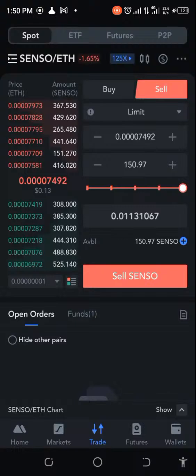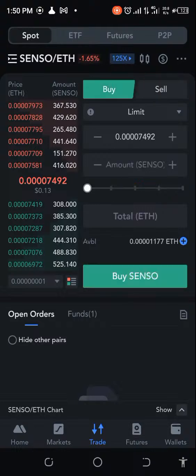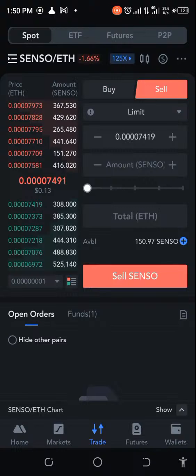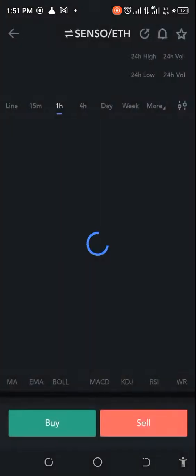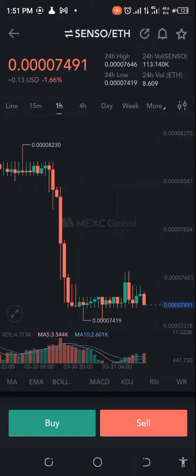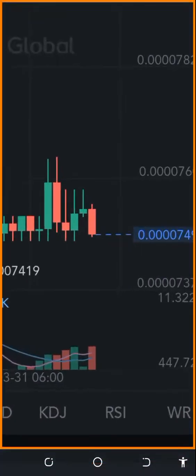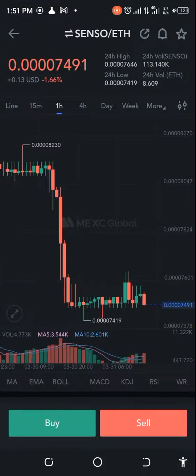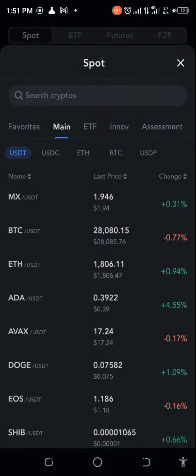Oh no, not at all, because this amount wouldn't give us that much. And if you want to sell, we definitely will be looking at this particular one. We're definitely not going to get much from here. Nah. Okay, it was initially higher because I saw that it had a good spike, and then all of a sudden, oh, now it's coming down. No. So if I go back to my Senso